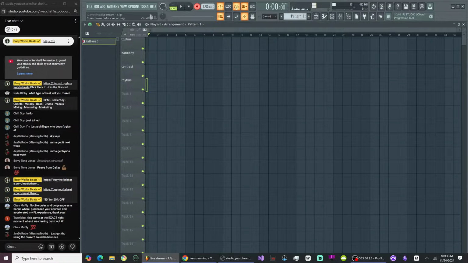Here's a little safety thing I do. I like to right click my countdown, go to 2 bars. That gives me time to position my hands. Okay, so this technique does require what's called a sustain pedal.